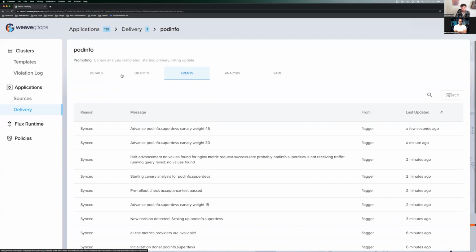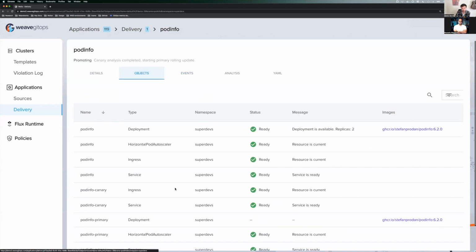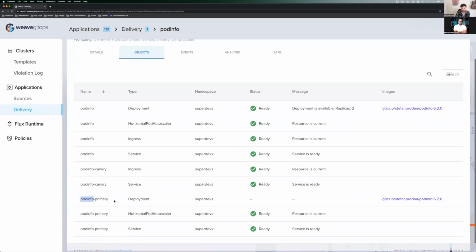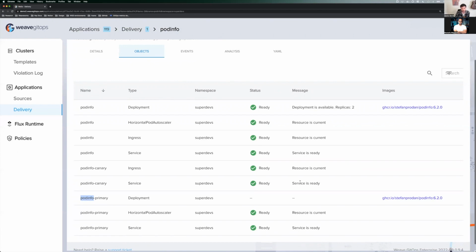And it has been successful. So now it is going to promote. So what we are seeing is that primary deployment, which had been on 6.1.0, has now been updated to 6.2.0. Canary is still there, still with 2 replicas, whilst the primary now updates. So we should see 2 replicas become available for our primary deployment, and at which stage it will start to